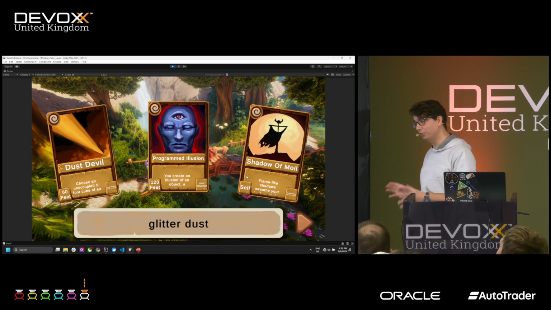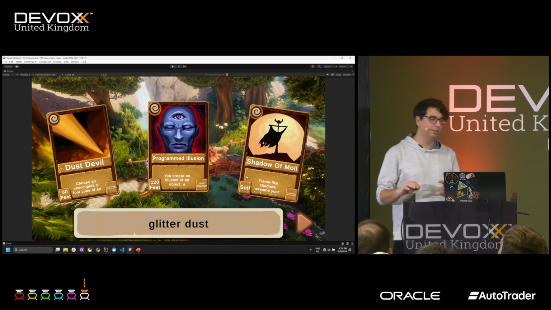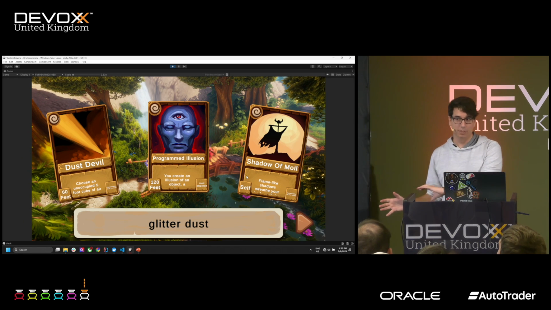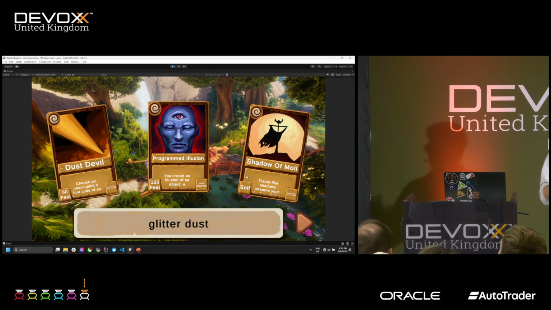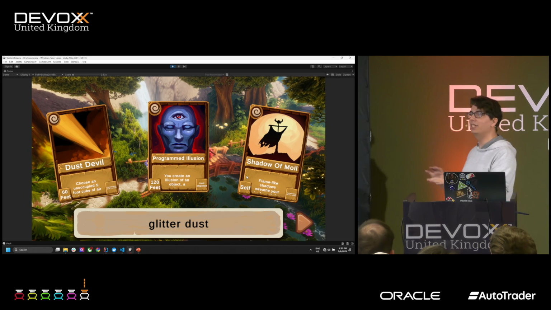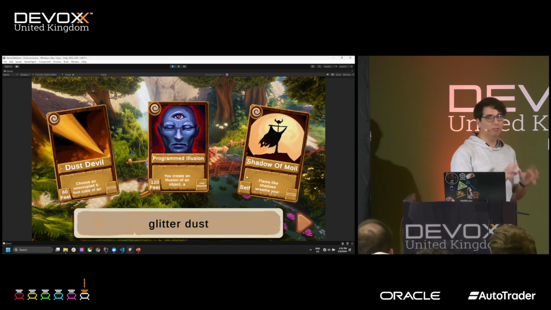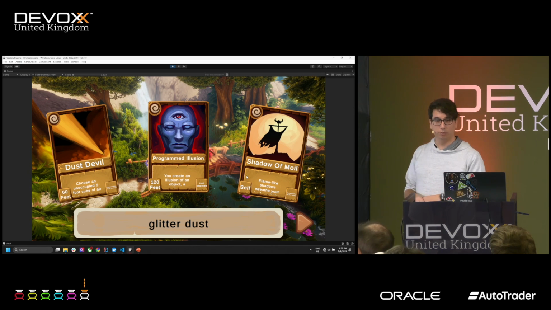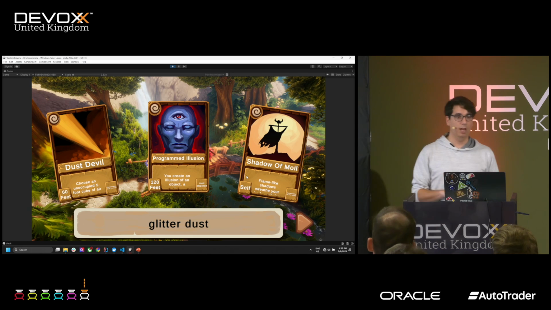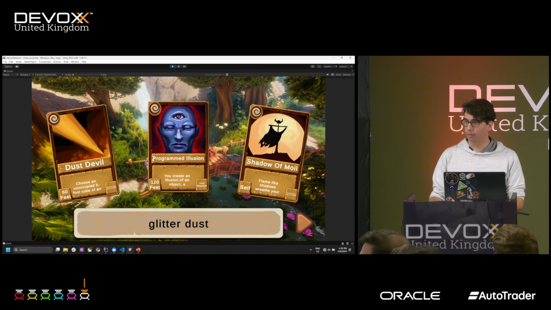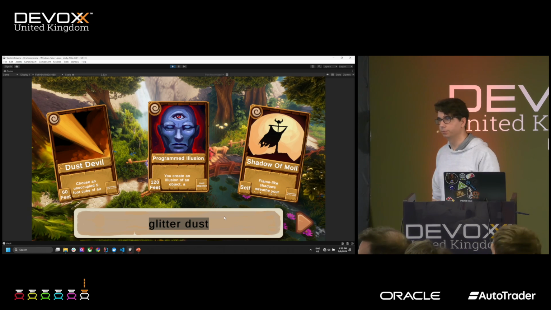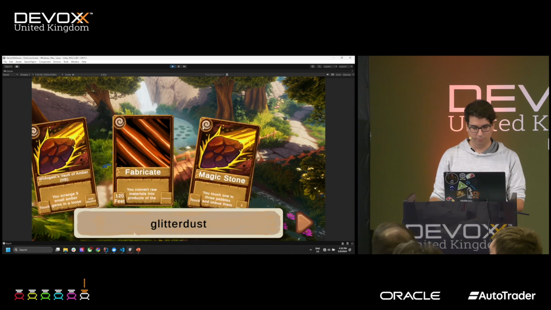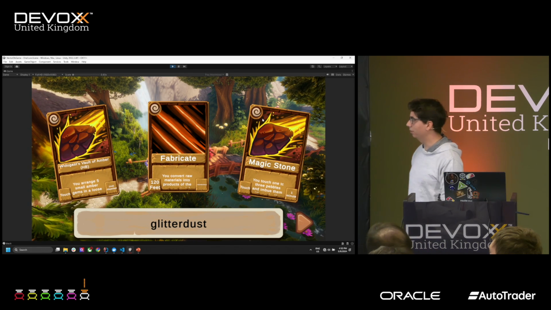This is really an interesting point you're making. In a vector database, given the same input, you'll always get the same output. But what's really beautiful to me is you never know what that output is going to be. So there's a little bit of gambling going on here. You are never really sure what you're going to get out of your vector database given a certain input, but you can be sure that you'll always get the same thing out of it. The glitter dust, yes. It is indeed a different vector.